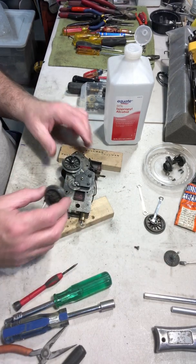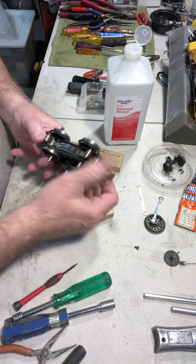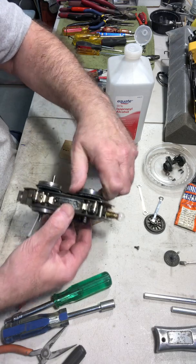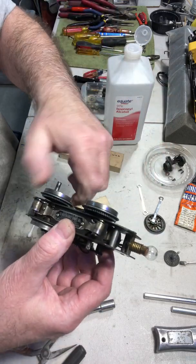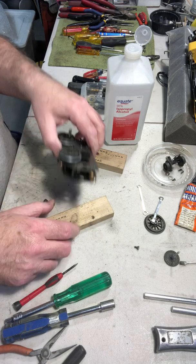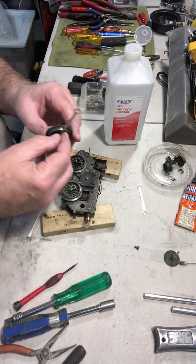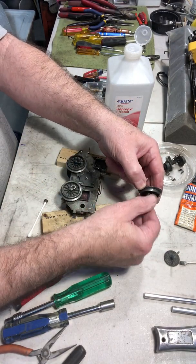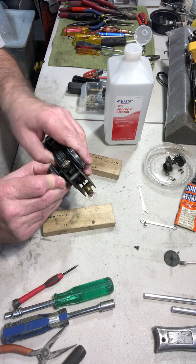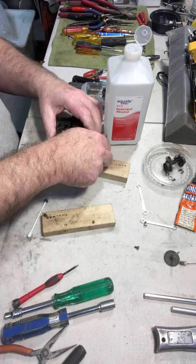So what I'm going to do is slip this back on just temporarily, not lining it up in any special way. I just want to see if I can hear that a little bit. Just a little bit. But I think I'm gonna try it, because it won't take long to put this back together. Just enough to get the wheel on. I'm gonna take this off too. If I can get this back to where it works without any issue, I think what I'll do is